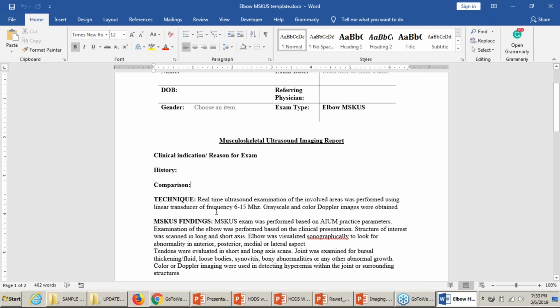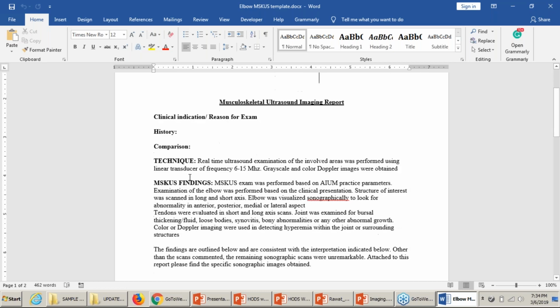Technique, you can leave it for pretty much every patient, except if you have any probe other than a linear probe. As you can see, it says a frequency range of 6 to 15. So I know some people have a curvilinear probe. If you're doing hip and you're using a curvilinear probe, you will have to change this frequency to match that. So that'll be like 3 to 5 or 2 to 5 megahertz, whatever frequency of ultrasound probe you have,